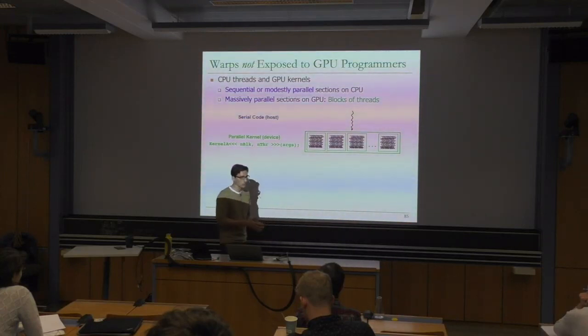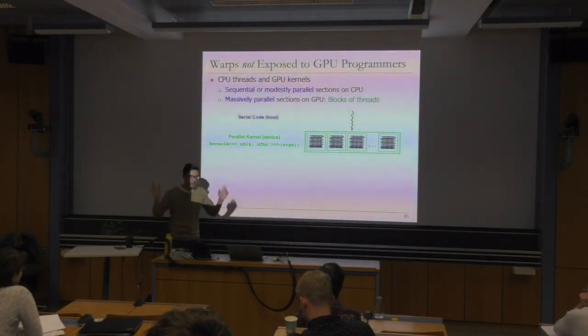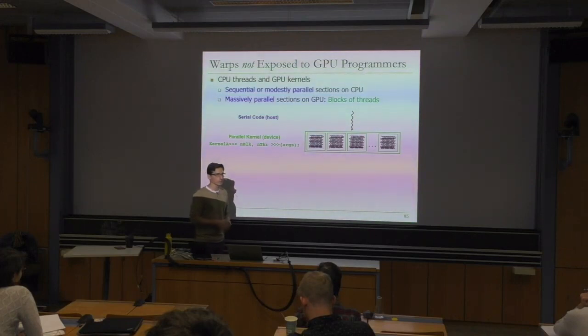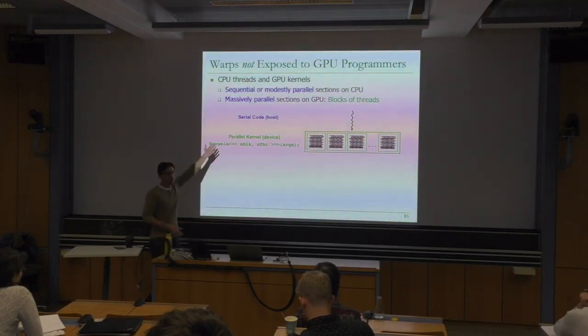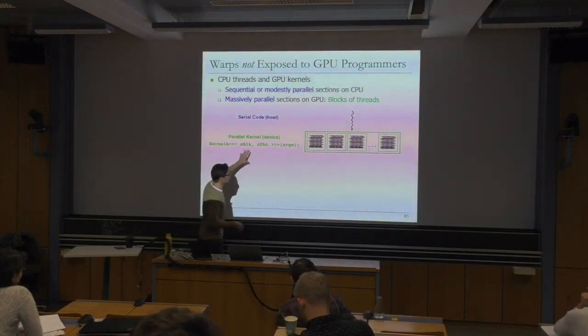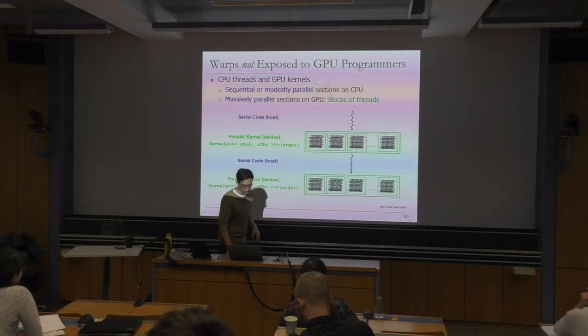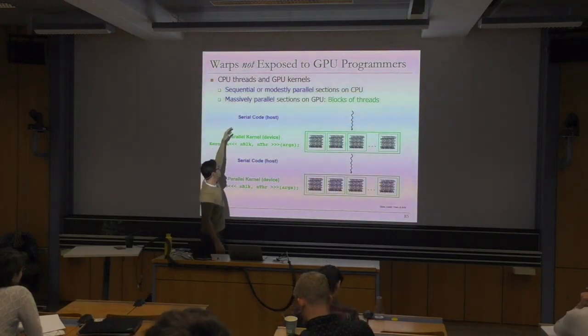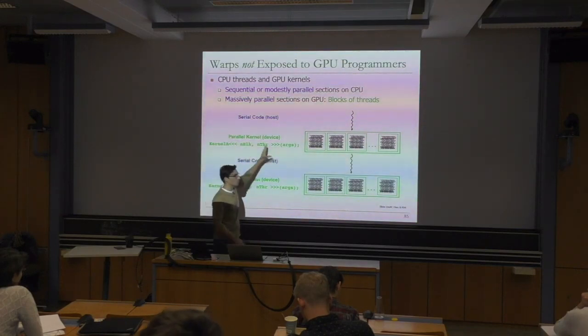Because there are a lot of workloads that can be run in parallel machines like GPUs, but still there are serial or sequential parts of the code that we need to execute on a regular CPU. So what we do in these cases is we write our program in this way. We will have some serial code that runs on the CPU,